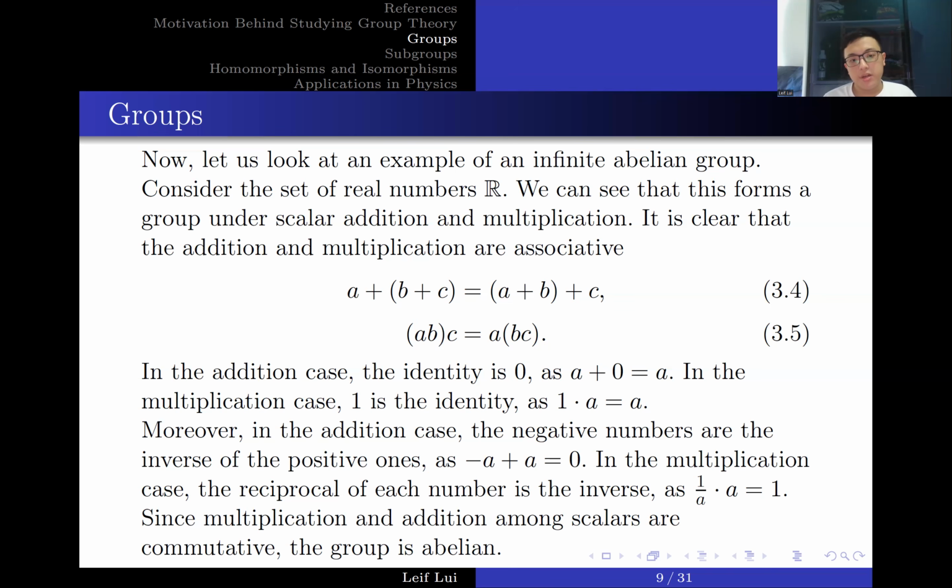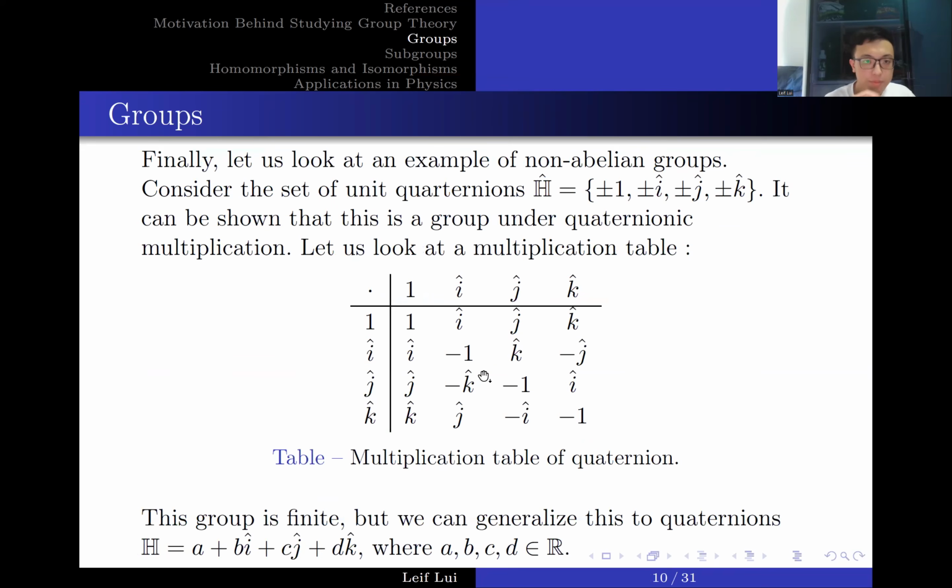So here, basically, we have an infinite abelian group, and this group is a special kind of group. It is called a field, and I will discuss fields in more detail in the next lecture when I discuss a vector space, because I have to define a vector space on a particular field. So this is basically an important example that we need to remember for next time.